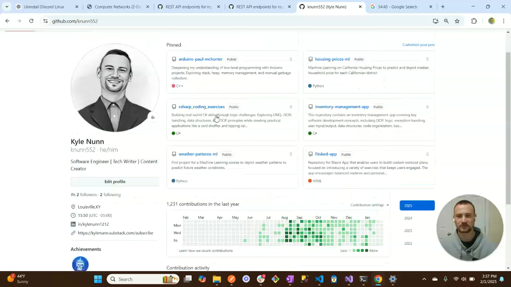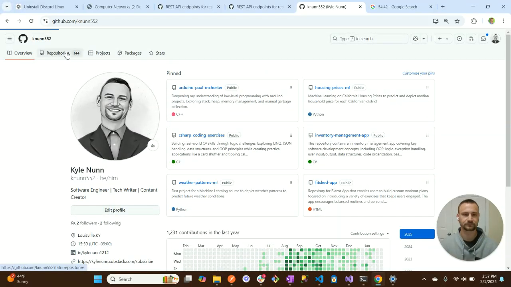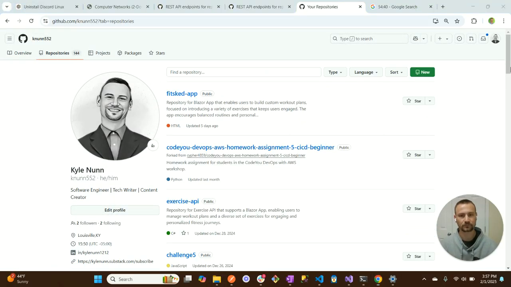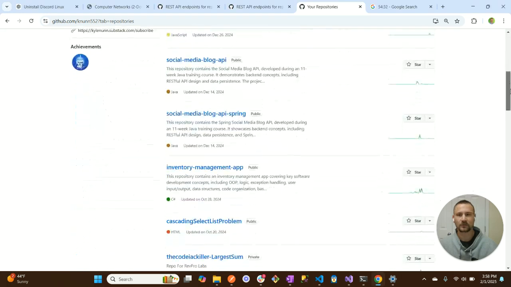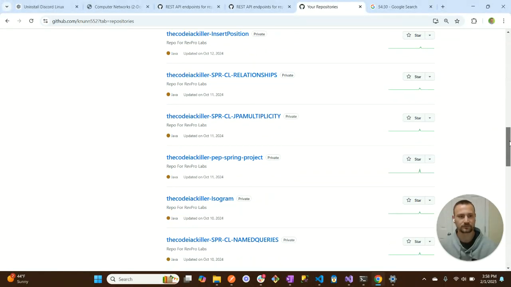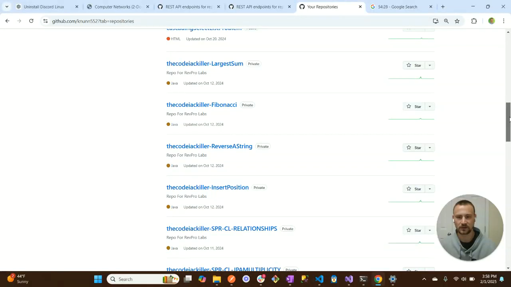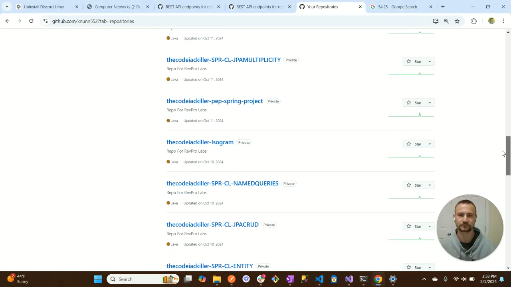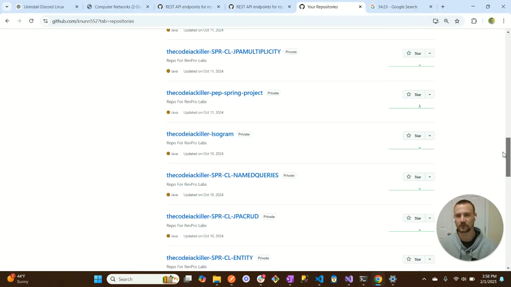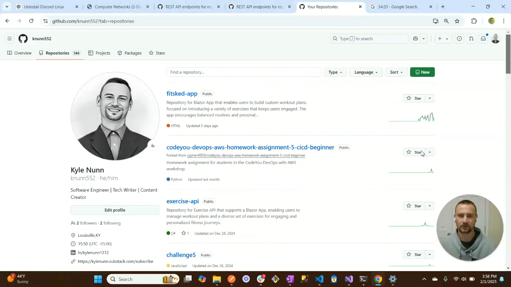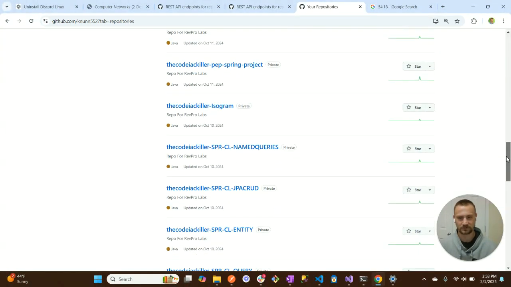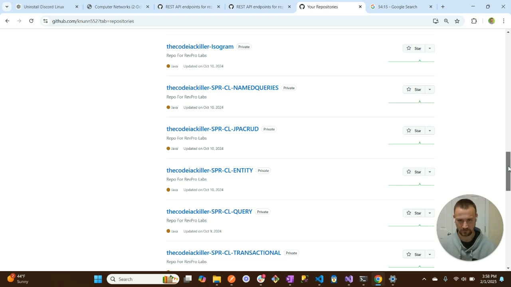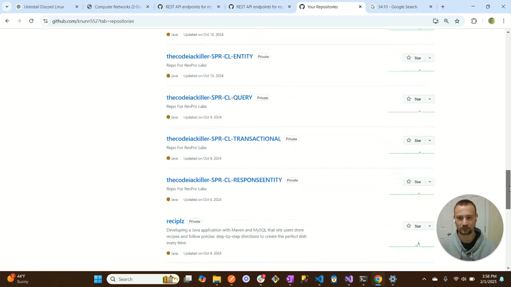So as you can see, I'll go to these repositories. I took an 11-week Java training course. And a part of that was solving LeetCode style problems. Based on that course, they would upload your Java problems to GitHub. So as you can see, the Kodiak killer, which is my alter ego, and the various problems that I've done,